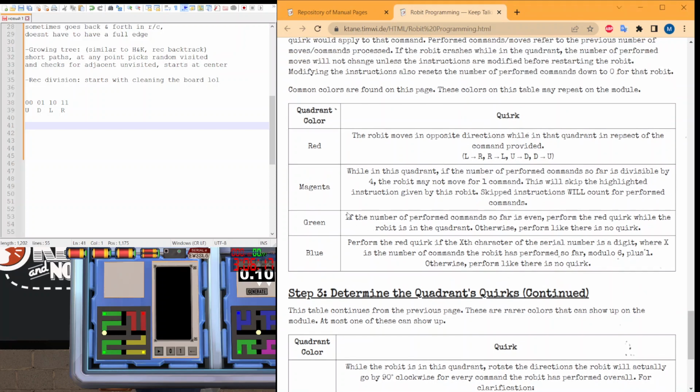Okay, for green one, if the number of performed commands so far is even, perform the red quirk while the Robit is in the corner. So if we are going to make a move and the number of performed moves so far on the command line is even, the move that the Robit is about to make is going to be inverted. So let's just